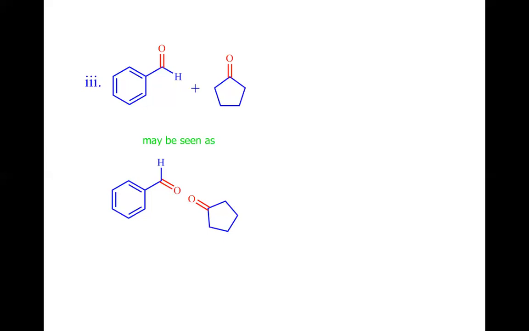For the third case, here we have two different molecules, different carbonyls. So let's bring the two carbonyls closer to each other, and when they come closer, we simply replace the two carbonyl carbons with the olefinic carbon, and we have this alkene. So this is the starting material that must have given these two products upon ozonolysis.